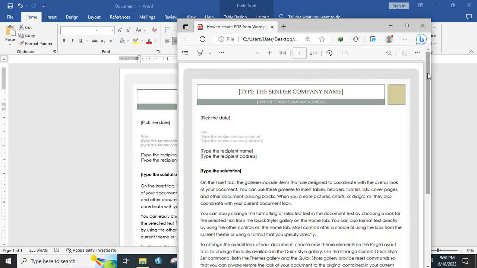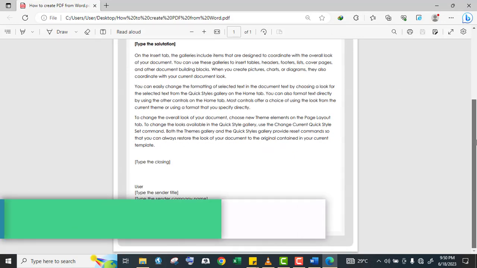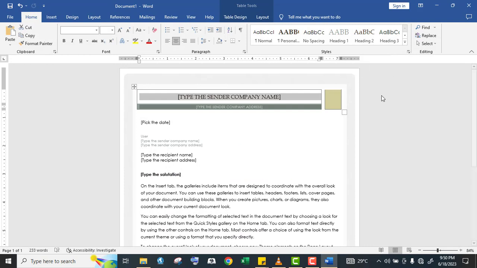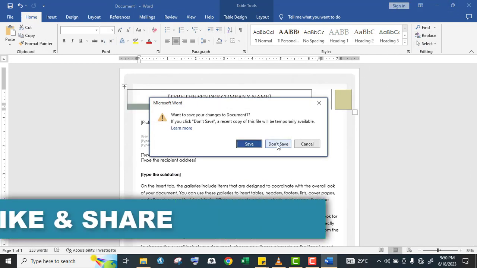So once my PDF has been opened and created, so I don't need to edit this document anymore. So I will click on Don't Save when I'm done. Or you can